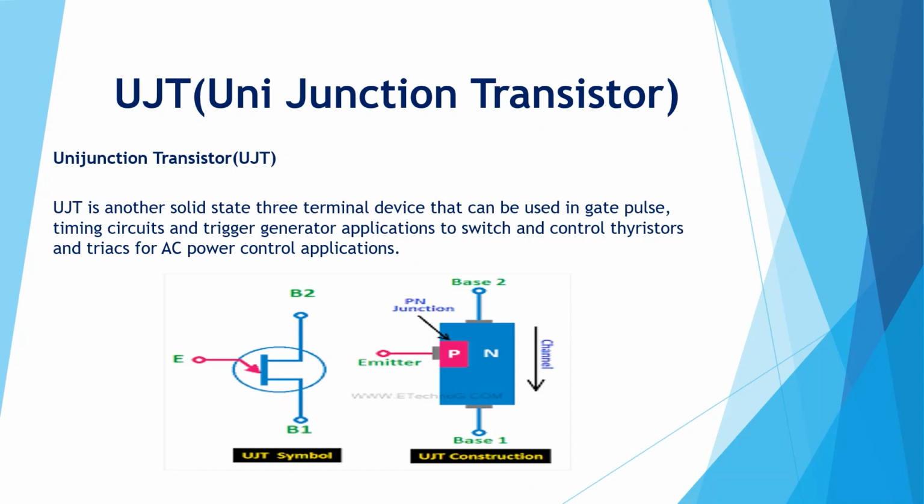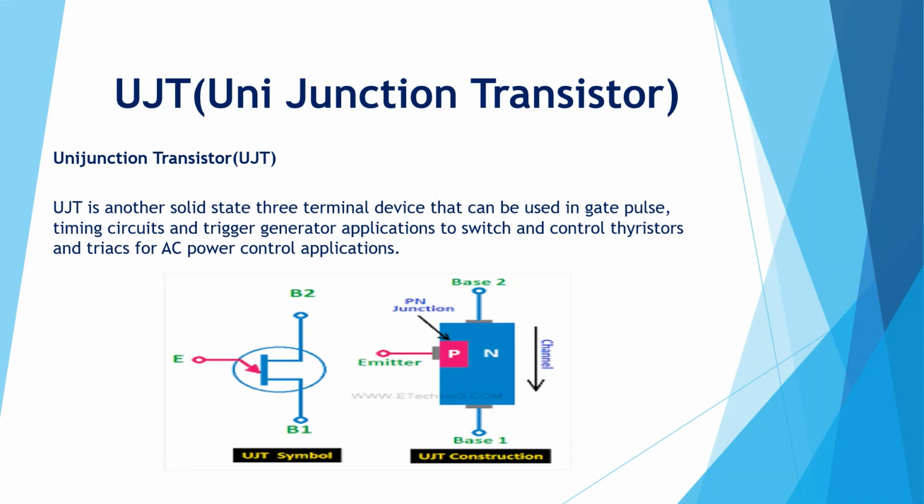All these devices which we will try to understand in this unit are referred to by their generic name. They are generally called thyristors. For example, we had FET, field effect transistor, and there are two types of FET, JFET and MOSFET. Similarly, we have thyristor, and there are a number of different types of thyristor which we will try to understand in this unit. The devices which we will try to understand are the uni-junction transistor, specified as UJT, and the silicon controlled rectifier, that is SCR.